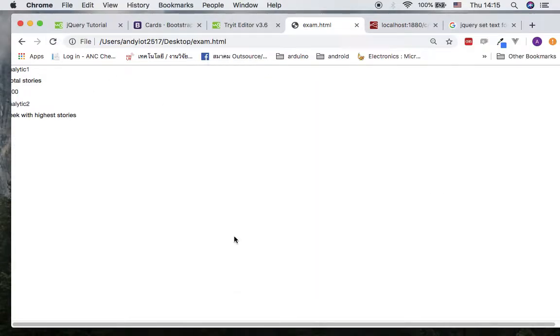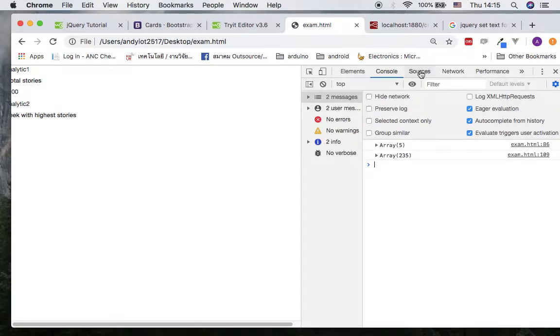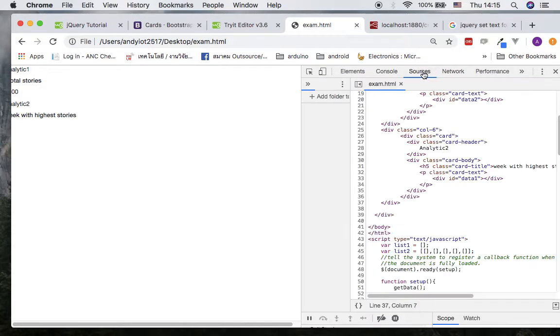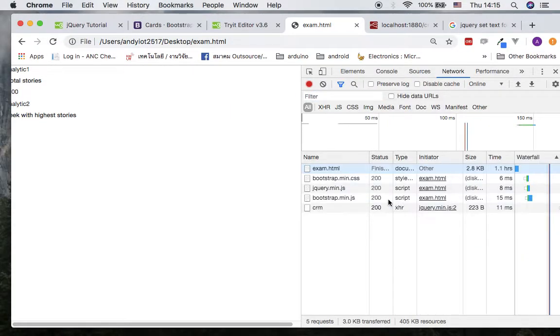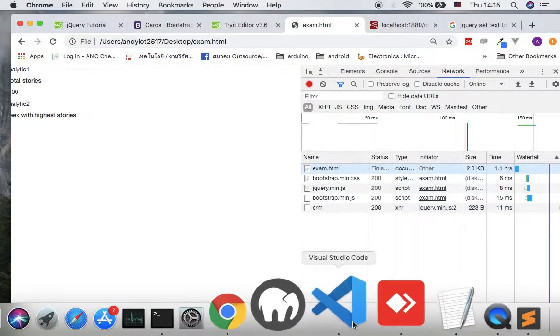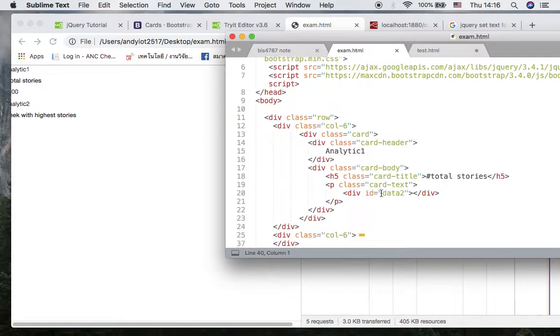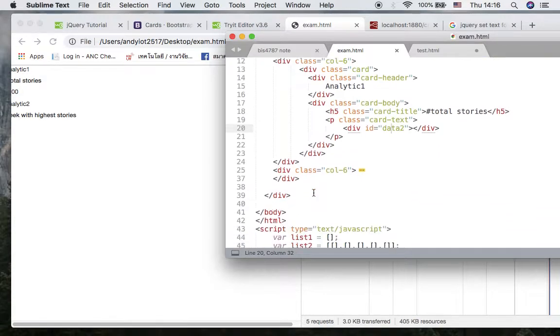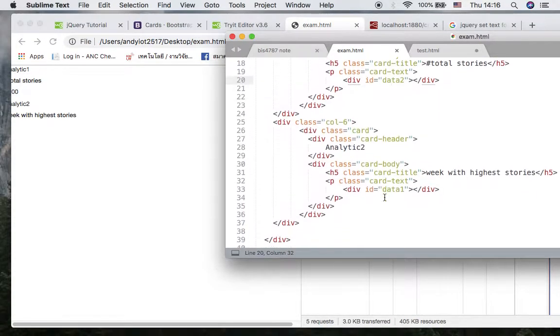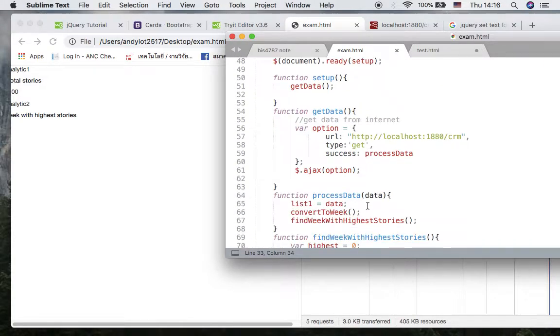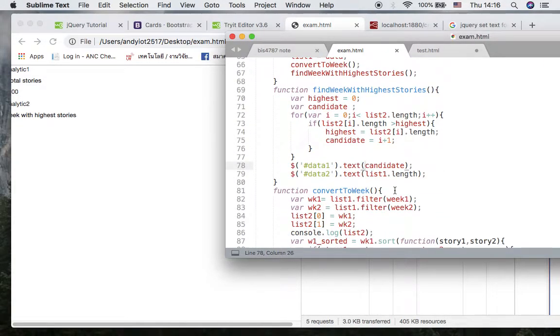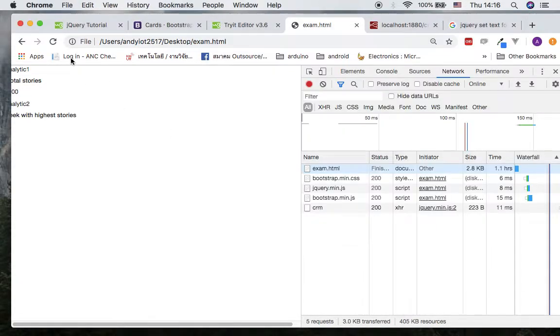Then refresh this. Still I cannot. Okay, go to Bootstrap one time. I actually downloaded Bootstrap already, so Bootstrap should work, but data 2, that's there. Data 1, that is there. And the only thing that I need is to set it up like this. Okay, how about without this? Not sure if this is